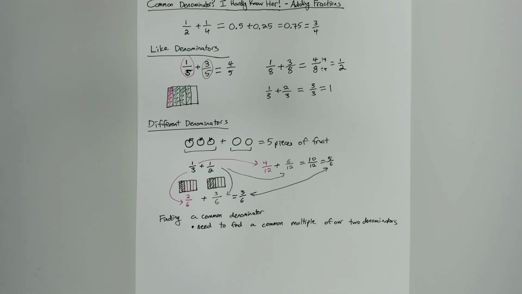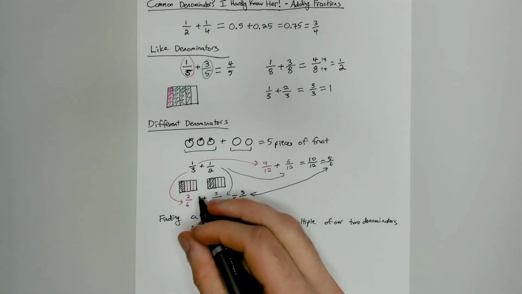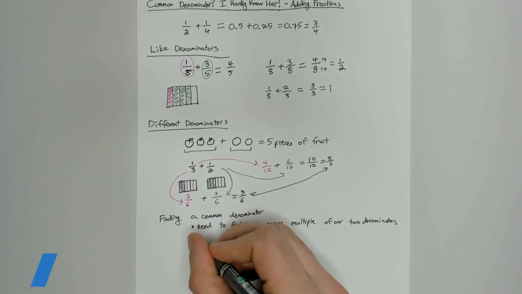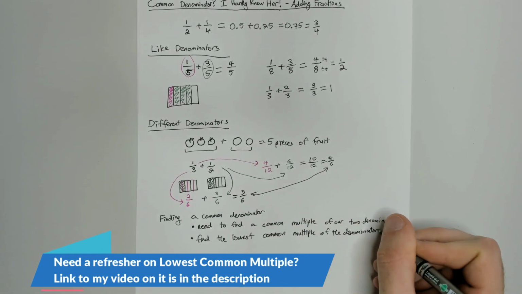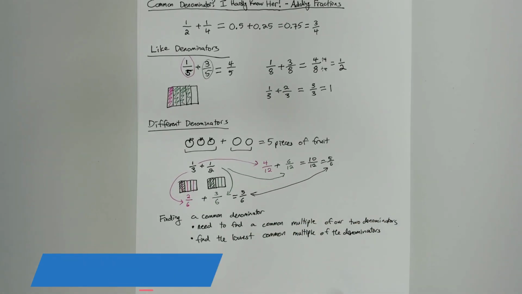So the question is now, how do we choose the optimal common multiple? Well, where have we seen an optimal common multiple? That's right, with lowest common multiple. So if we find the lowest common multiple of the denominators, that's going to be our best method